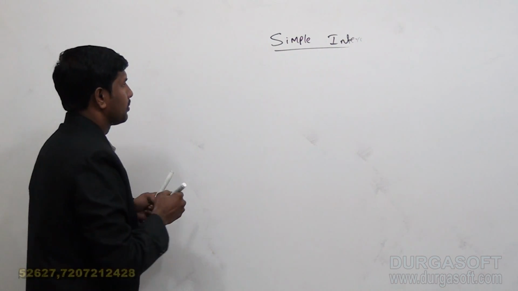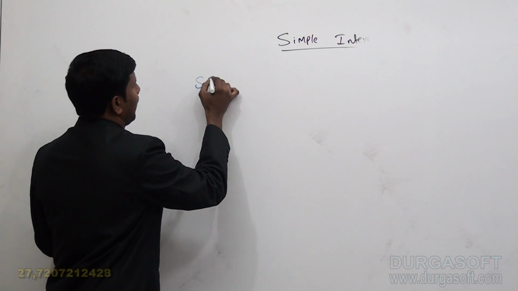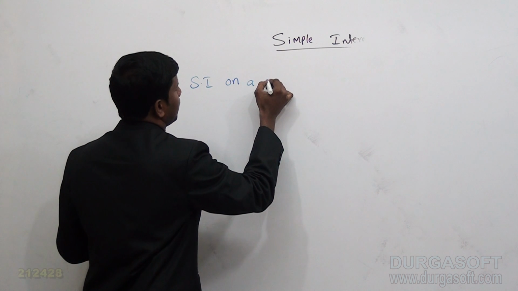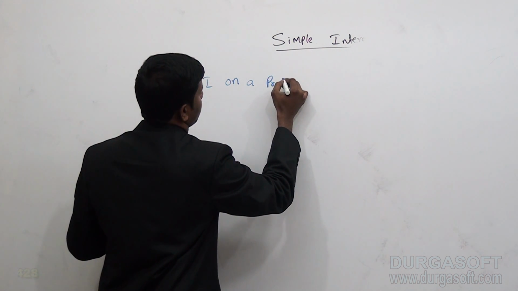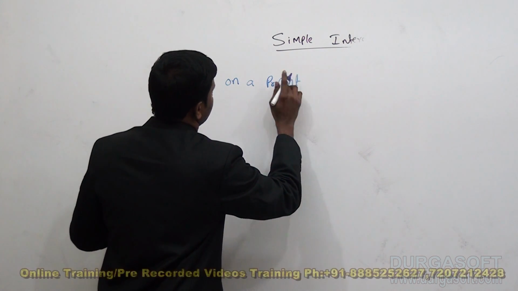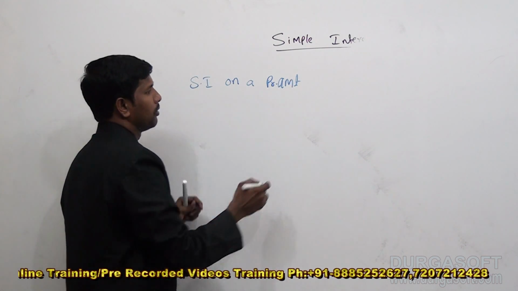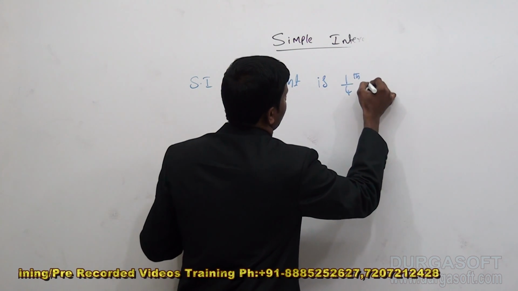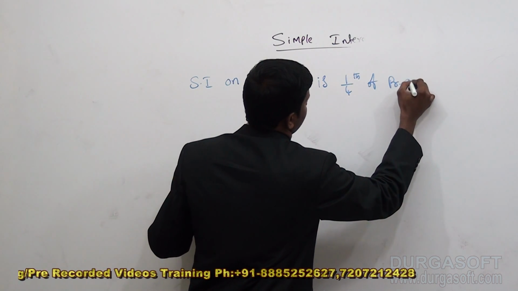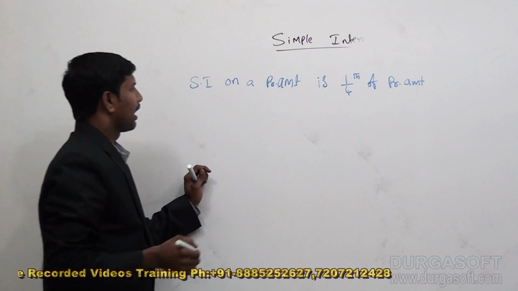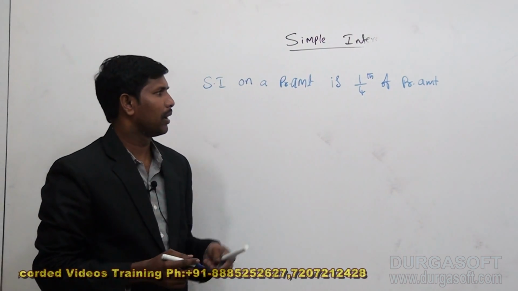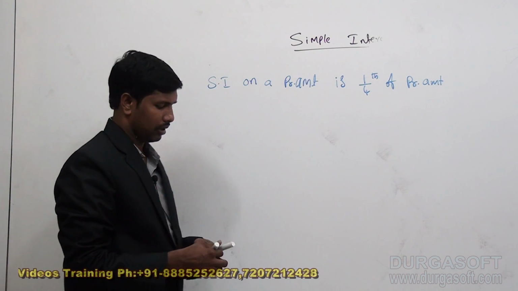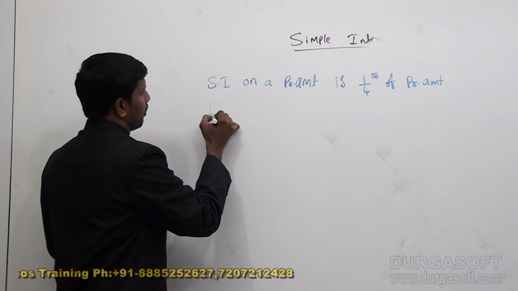Next, when I calculate simple interest on a principal amount, the simple interest is 1/4 of the principal amount. When we are calculating the simple interest on a principal amount, it is equal to 1/4 of the principal amount. Now what I want is to find